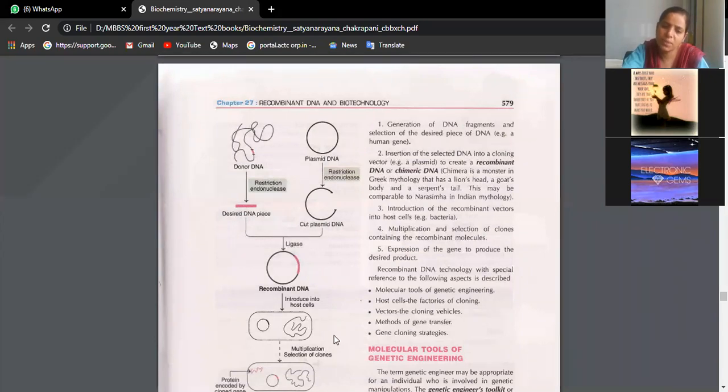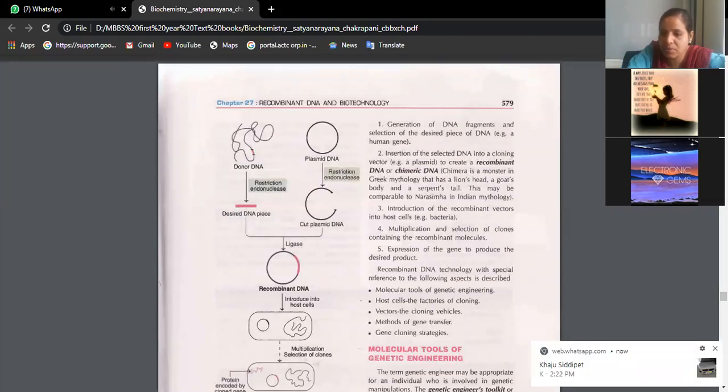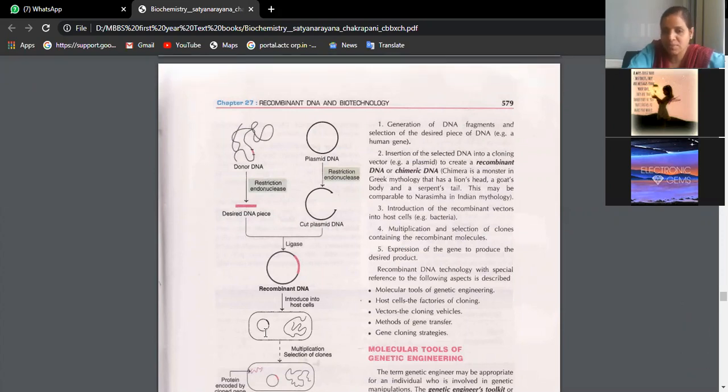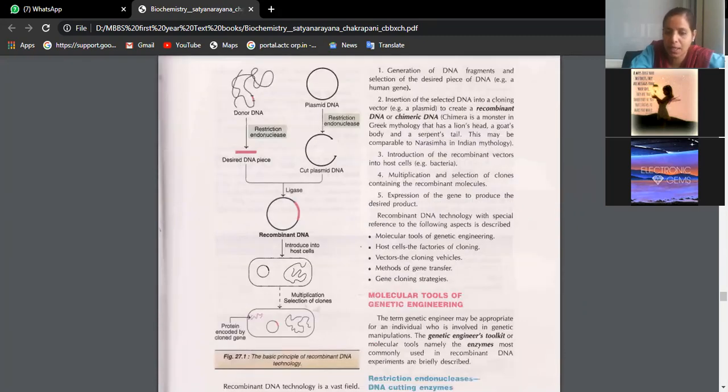So that means we have designed a few techniques with the help of which we can synthesize certain proteins which are naturally not synthesized in our body. That technique is called recombinant DNA technology. We are using certain techniques to prepare these proteins by making use of certain bacteria, so that we will get these proteins just as naturally as we have in our body.